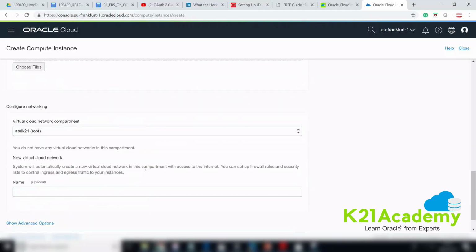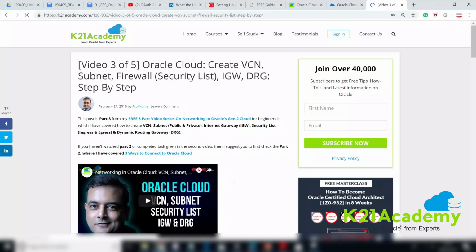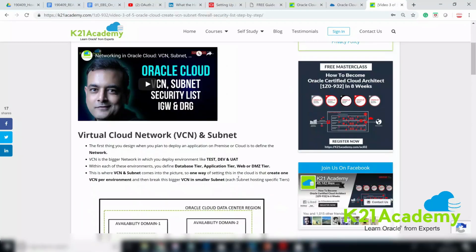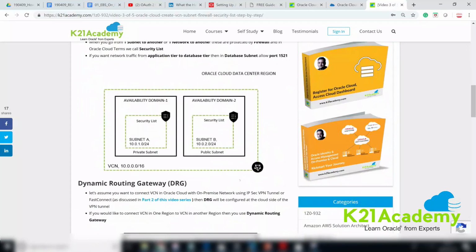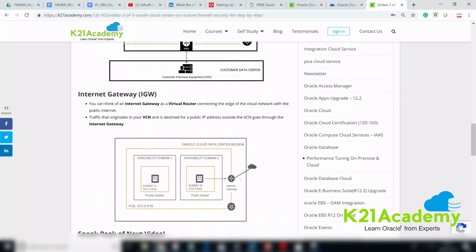And then this is where you configure networking. Again, I've covered this networking in detail in the past, where we looked at virtual cloud network, subnet, routing gateways or routers, and security list. That is available on k20academy.com/1z093215. So this is one of the videos that I did. You can check it out at k20academy.com/1z093215, where we looked at what is virtual cloud network, what is subnet, security list, dynamic routing gateway, internet gateway,